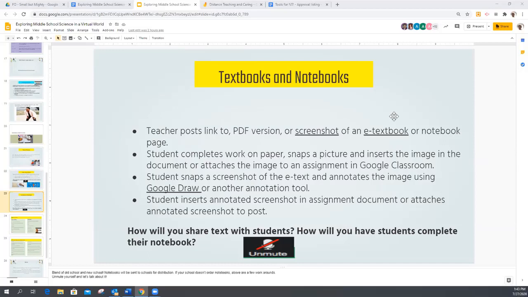If you have any textbooks that still relate to FOSS materials, in some cases we do. Not all the units in middle school are district created, but some of them still rely on some of the FOSS materials. You would have access to those e-textbooks that once again you can assign and have your students use.